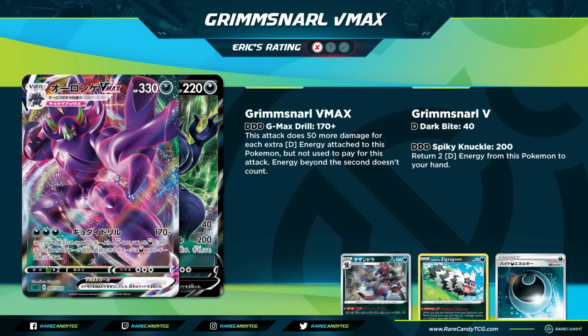It is a little bit unfortunate you are 10 damage short of knocking out something like ADP, but of course that's fairly easily solvable with something like a Vitality Band or a Galarian Zigzagoon. So one of the things I will say I do like about Grimmsnarl in particular, though, is the fact that unlike some of these 2-shot oriented Pokemon VMAX we've been looking at in this set review, you actually have the capability of knocking out base form Pokemon V and